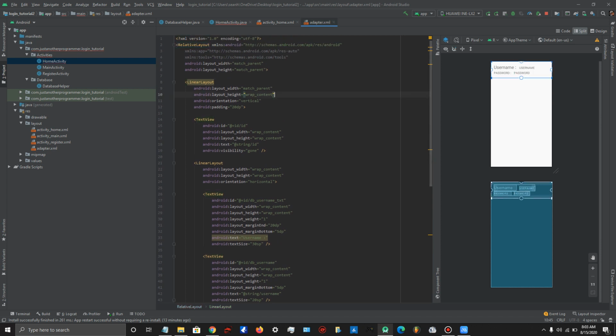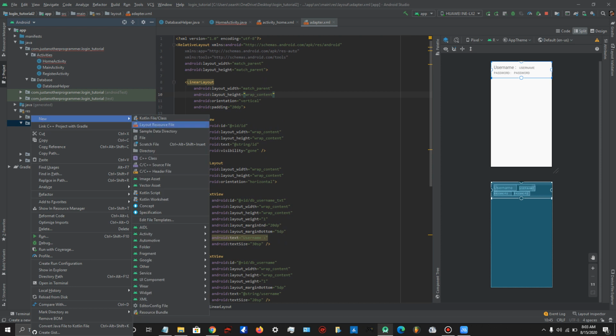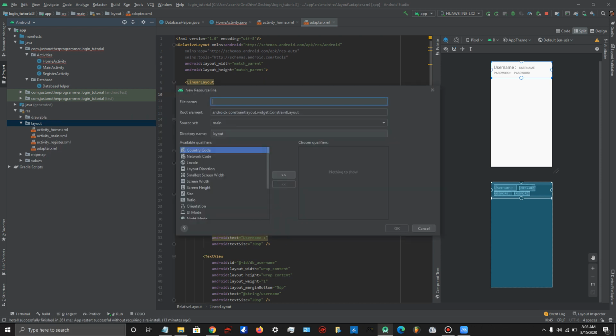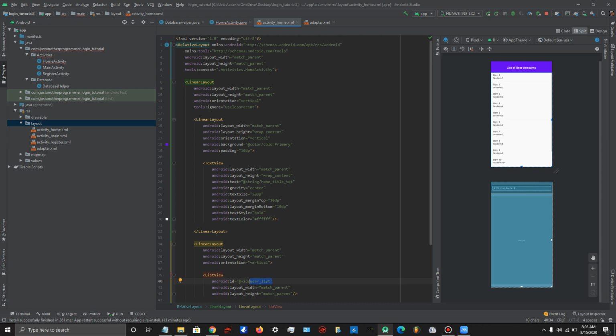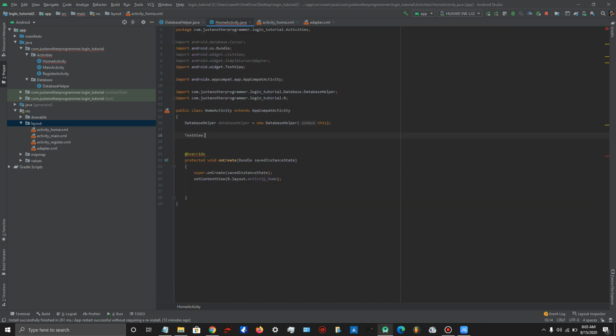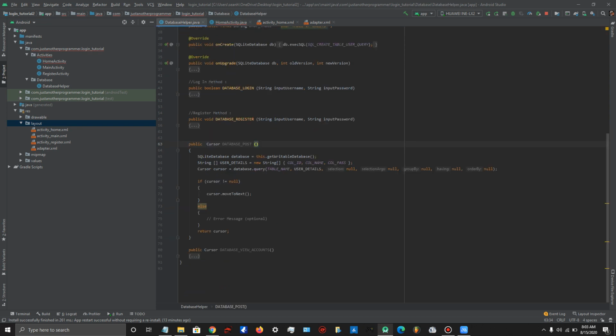Right? So you go to layout, and then you create a new file, and then you would call it adapter, and that is this view here. And this one is the view that came with when we made this home activity. You guys remember that? So the only thing you're doing now here is just adding this method here for the database post in your database helper